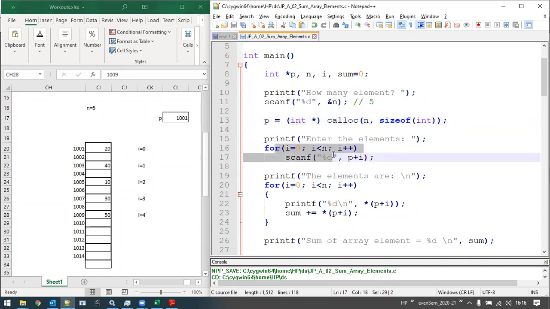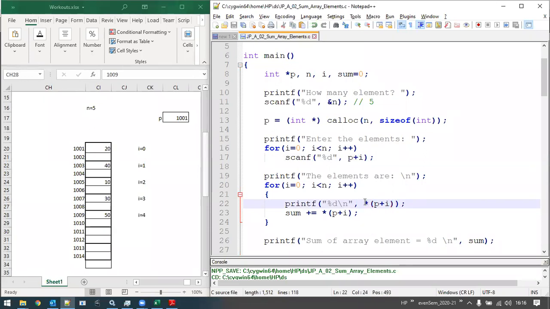Then we read those elements with a scanf statement wherein P plus I, from 0 to n minus 1, populates the memory locations and stores the corresponding values. Then to retrieve the values at those memory locations, we just need to use the indirection operator, that is the asterisk symbol.